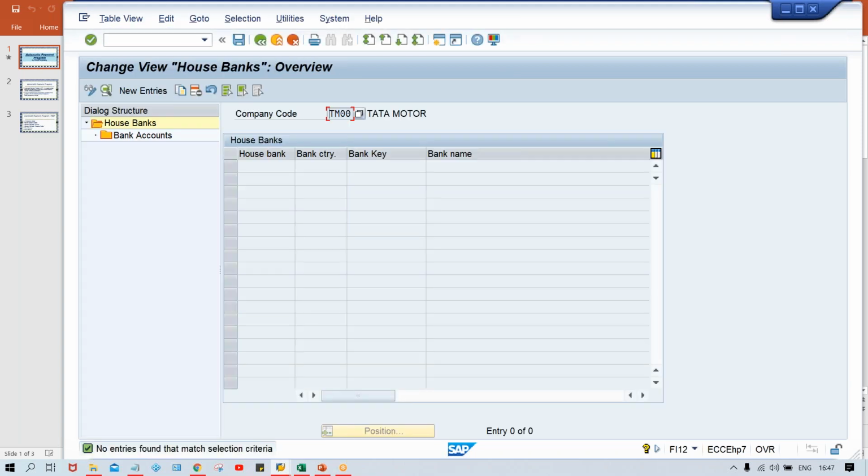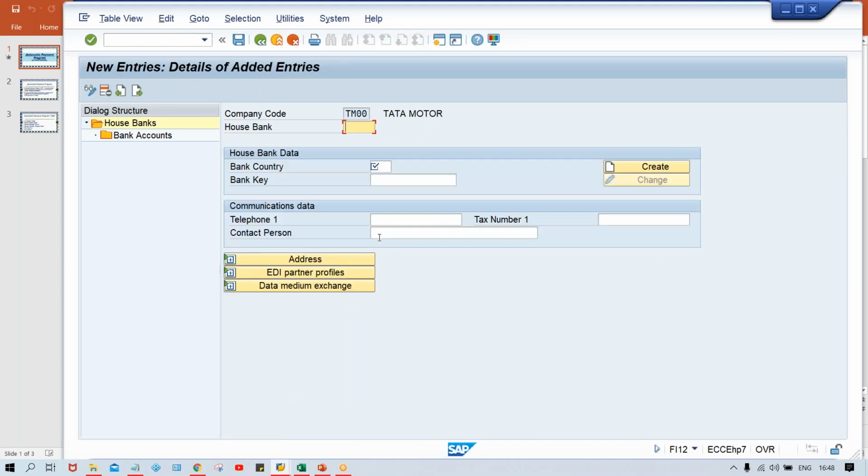House bank means multiple house banks could be there in a particular company code. If you talk about the payment transfer, of course it is going to be transferred from a particular bank account, right? If you talk about organizations, let's suppose Tata Motors will have several bank accounts, so several house banks can be created. Here I'm going to set up one house bank, and then we'll show you how to perform the mapping, in the sense of how it is going to be mapped with APP, the automatic payment program.